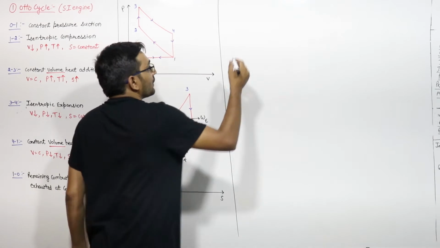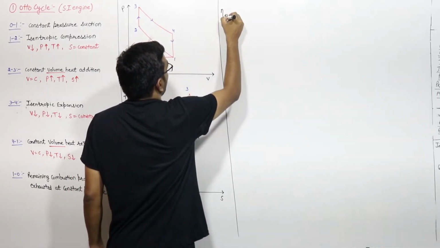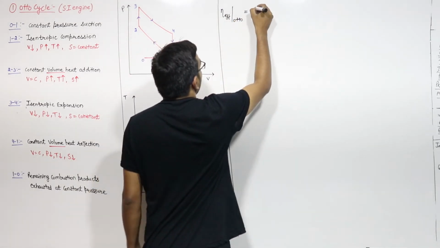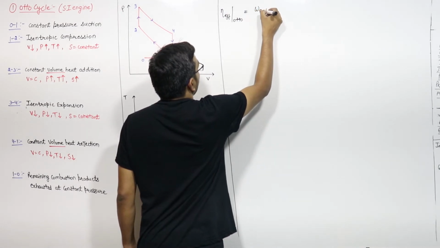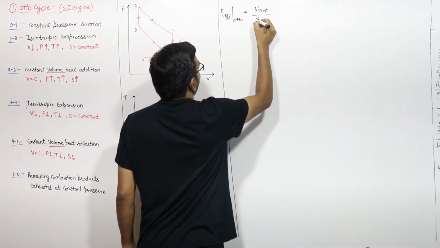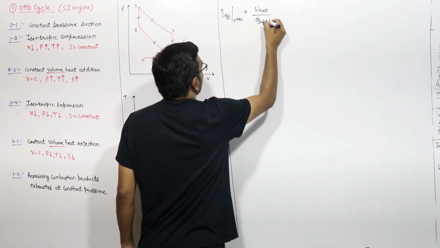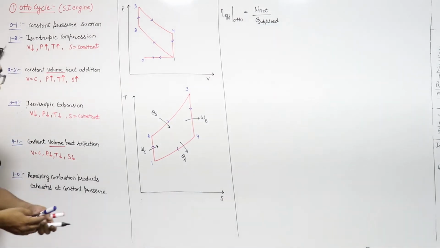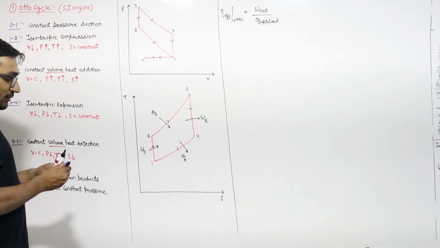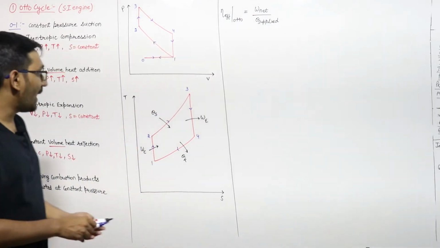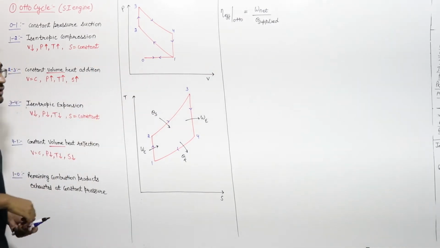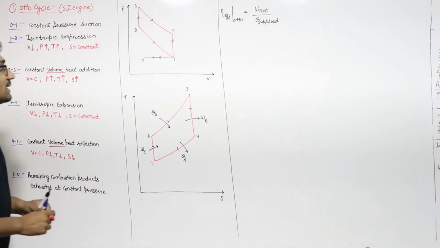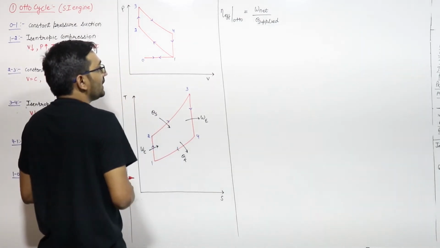Now start solving for it. The efficiency of the Otto cycle, or the efficiency of any cycle, will be equal to the net work done upon heat supplied. This will be the efficiency, net work done upon heat supply, right? So if I apply the first law of thermodynamics for the cycle, and we consider this as a closed cycle, we already assume, if you remember the assumptions we have to take during the thermodynamic analysis of combustion systems, that it is a closed cycle.